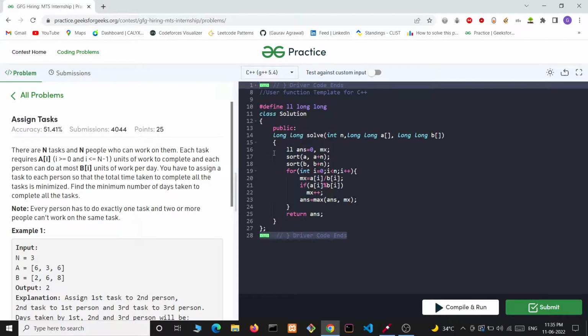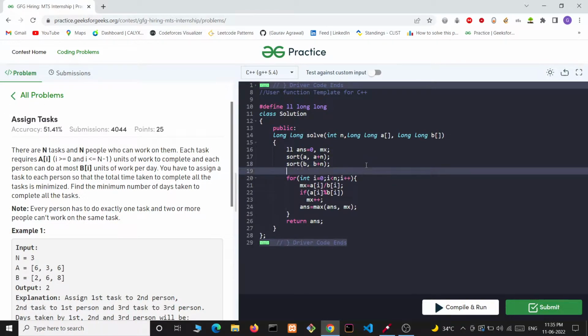Now let's see the code part. Simply we can sort the array A and array B, and then assign the ith person with B[i] capacity to do the work having A[i] units.